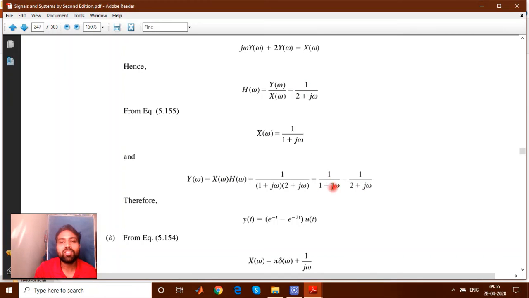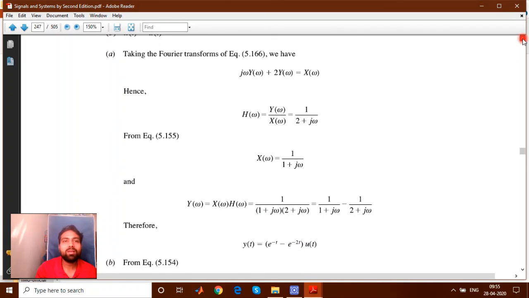On multiplication, again the same process, you have to go for the partial fraction of these two, and once you have the partial fraction, you will know that 1 upon 1 plus j omega has a standard e raised to the power minus t, and 1 upon 2 plus j omega is e raised to minus 2t. So the Fourier transform and Laplace transform are almost similar because s is simply defined by sigma plus j omega. Where the real part is zero, it is only represented with the j omega. So somewhat you get the same one.